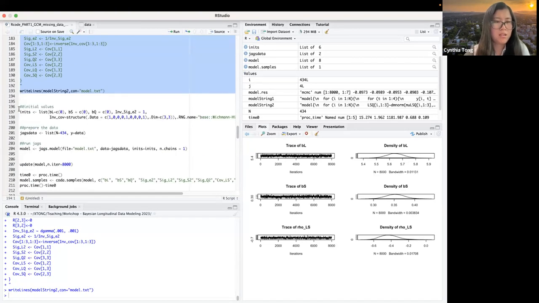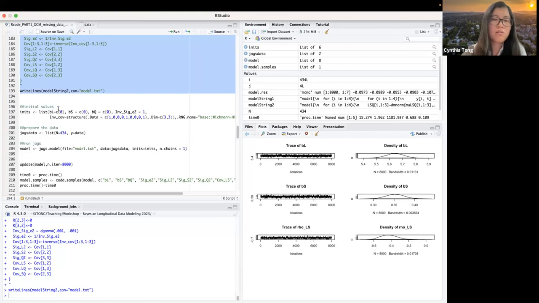When setting the initial values, we again have more parameters: BL, BS, BQ. That's the average value for the intercept, the linear term, and the quadratic term.